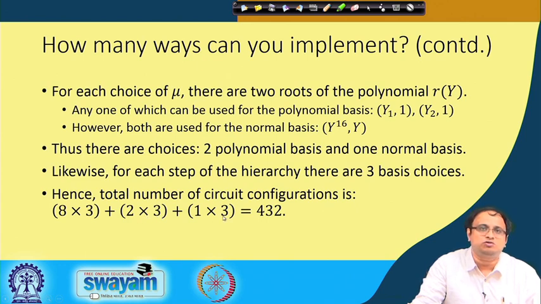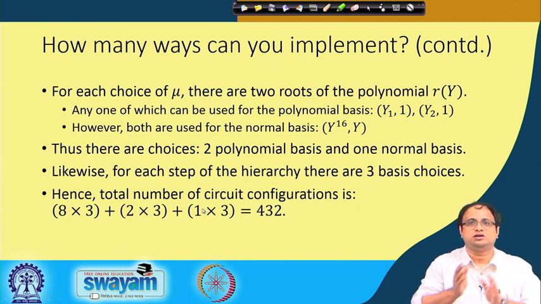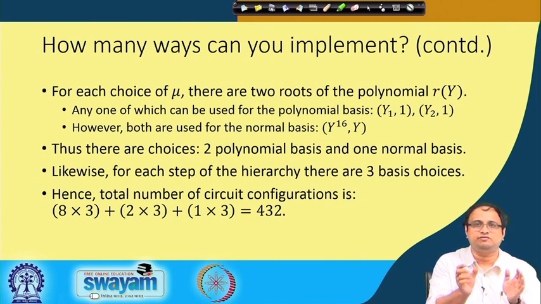For the smaller field, there is no variation. So, you just have got one, but you again can have 3 basis choices. So, this is for when you are representing GF2 power of 2 in terms of GF2. So, you have got 3 such transformations which you are doing: GF2 power of 8 you are writing as GF2 power of 4 whole square, GF2 power of 4 you are breaking as GF2 power of 2, and GF2 power of 2 you are breaking up as GF2 whole power of 2. So, you are writing it in terms of GF2.